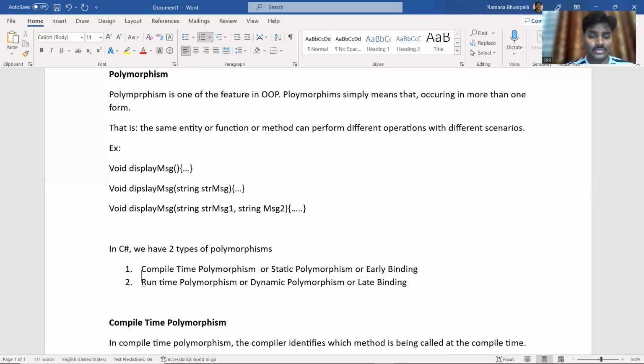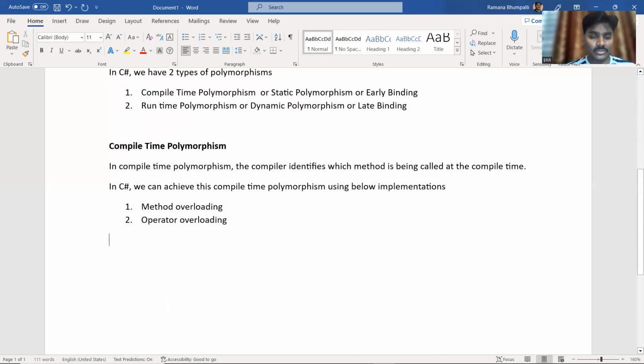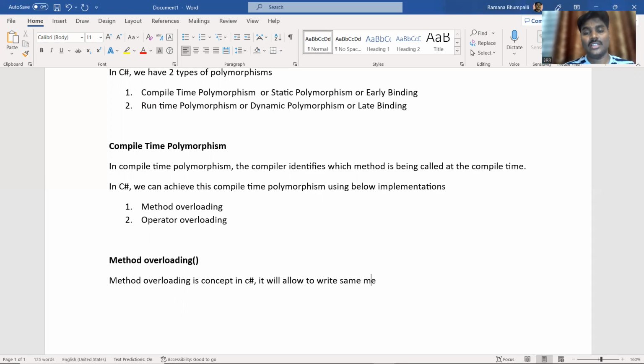That means the same method is going to perform different operations with different scenarios. Okay. So coming to this method overloading, what is method overloading? Method overloading is a concept in C#. It will allow you to write the same method multiple times